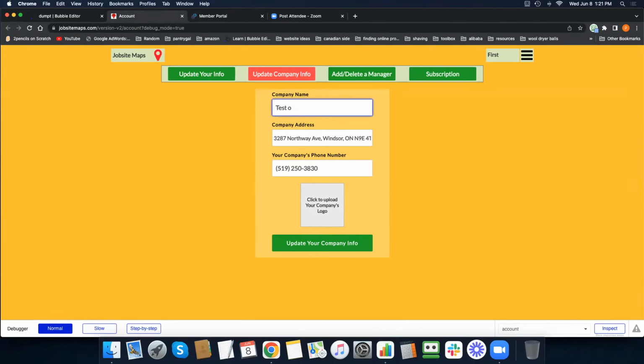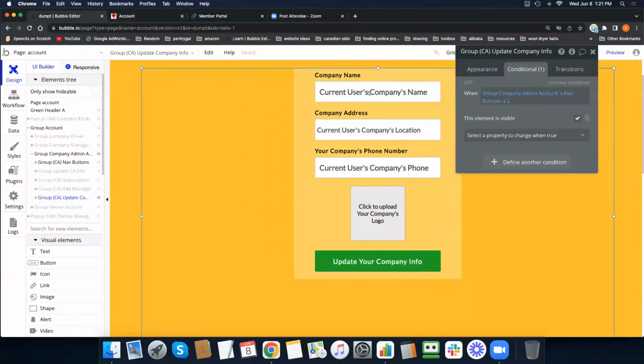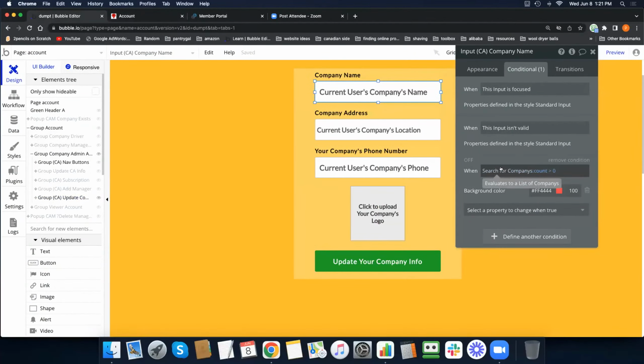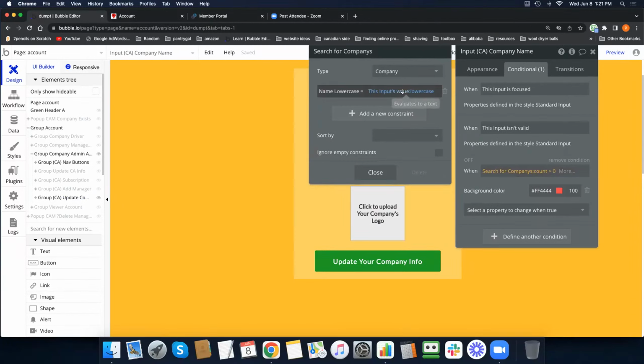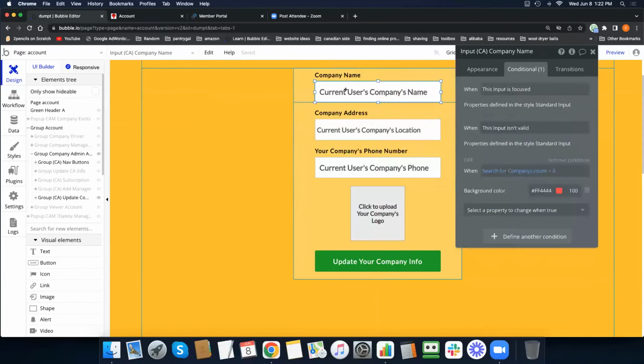Because right now, it will turn, let me see the workflow, yeah. Search for companies, the lowercase value is lowercase, and that gives us an error. But if we, should we, before the count is done, shouldn't we be able to minus the current user's company? And then perhaps,